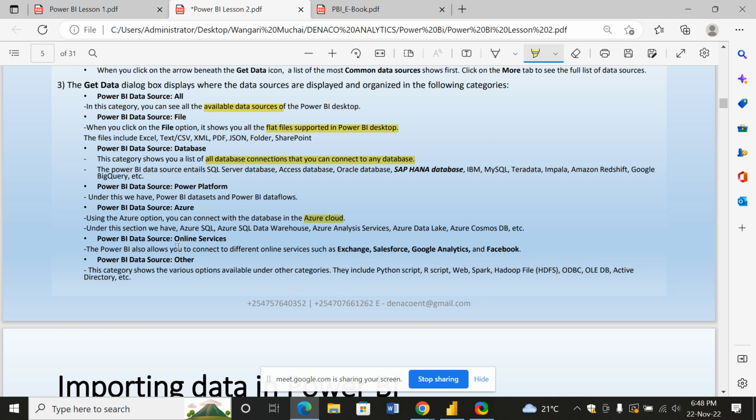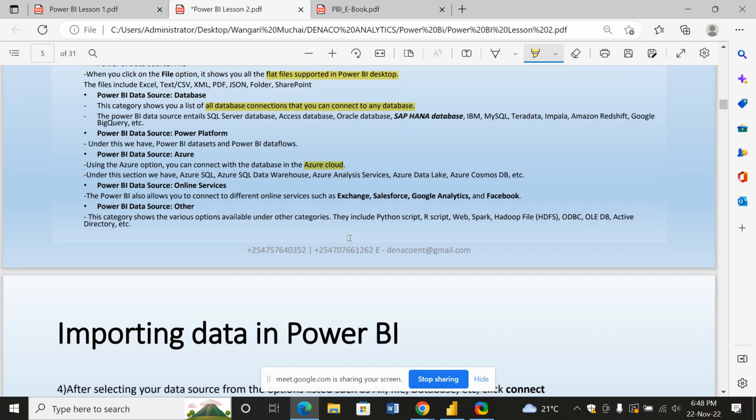Then we have other. Under other, this category shows the various options available, which include Python script, in case your data is supposed to be extracted from a Python script. Under other, you're going to get the Python script, R script, and web, in case you want to get your data from